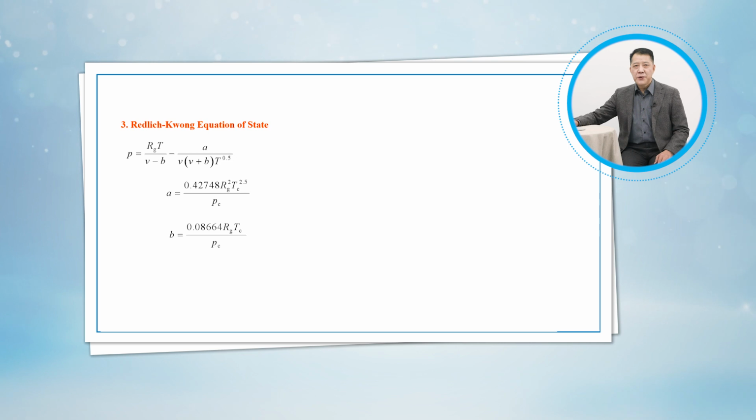The third one is the RK equation of state. 3 other two-constant equations of state that have been widely used are the Berthelot, Dieterici, and Redlich-Kwong equations. The RK equation, considered by many to be the best of the two constant equations of state, is: